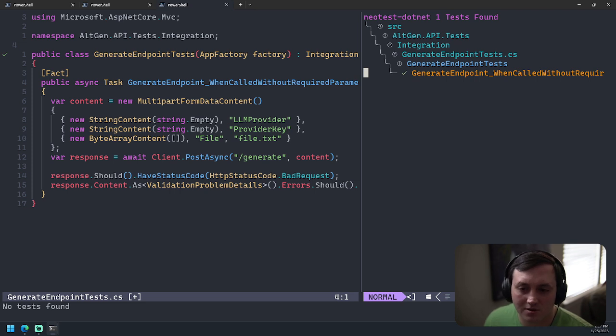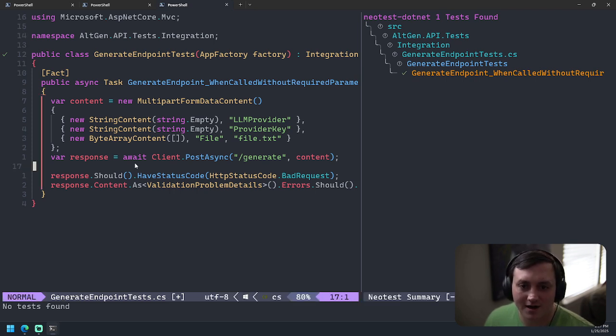And it passed. Okay, cool. All right. After all of that, we actually have something working.